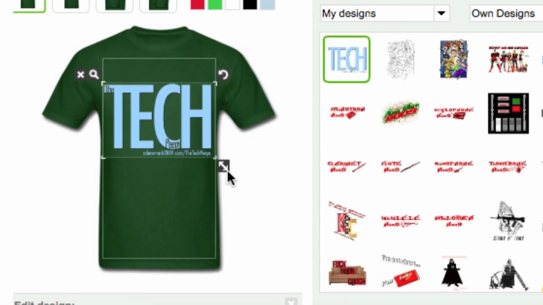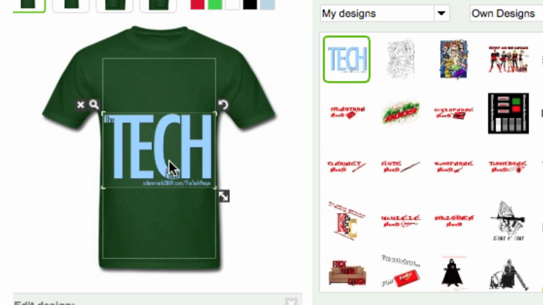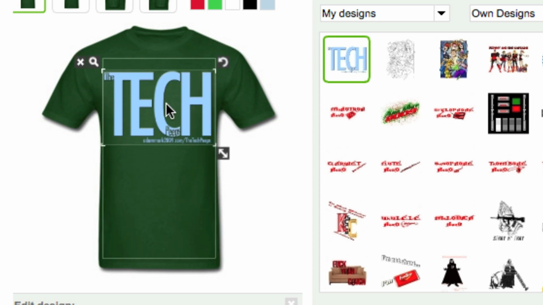And since we used a 3000, the max you can go wide on the shirt is 3000 pixels. But since we shortened the height and the bottom, we can move it up, we can move it down. We'll put it right here,